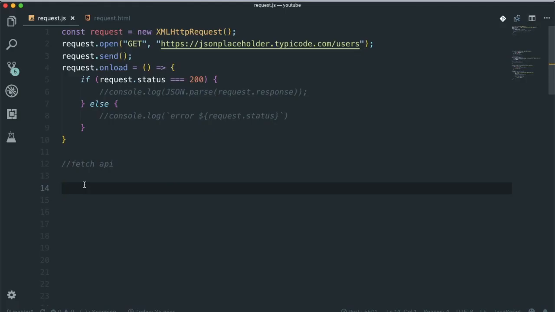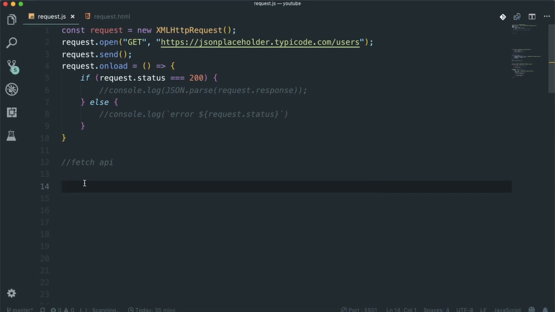The second way to make an API call in JavaScript is the fetch API. Fetch allows you to make an HTTP request in a similar manner as XMLHttpRequest, but with a more straightforward interface by using promises. It's not supported by older browsers, but it can be polyfilled, and it is very well supported among the modern ones. We can make the API call by using fetch in two ways.